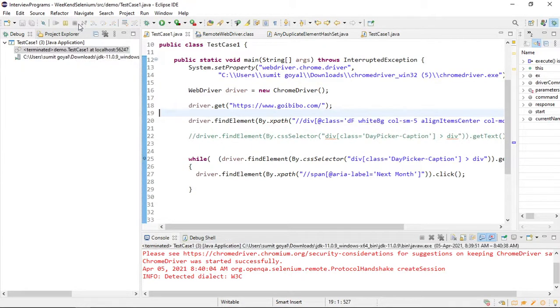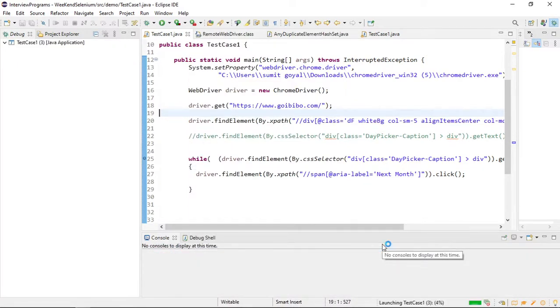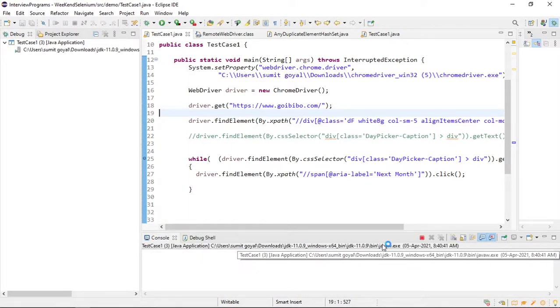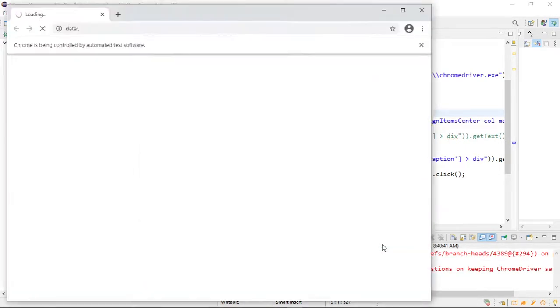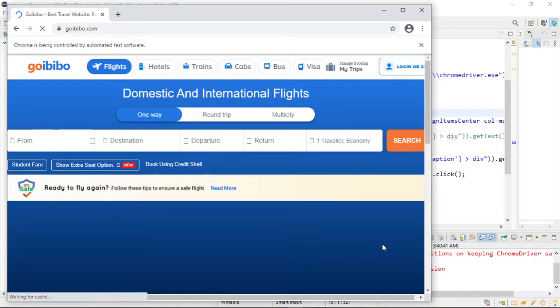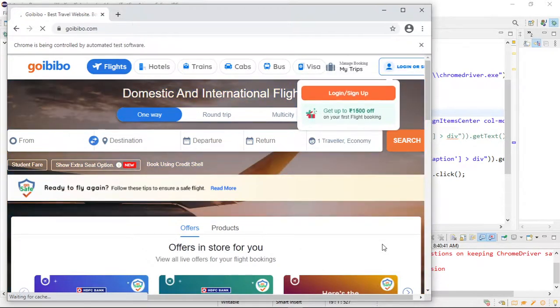Okay, let me run it in run mode instead of debug mode. Earlier I think it was working yesterday in the other batch. I don't know why it is not working, but I think it will run in run mode. So it should click, whatever the logic I have written. It should click on the next button until I reach March 2023.